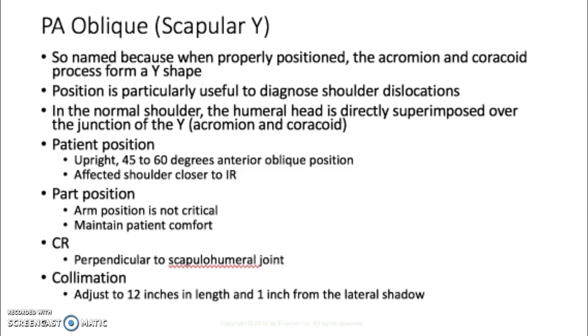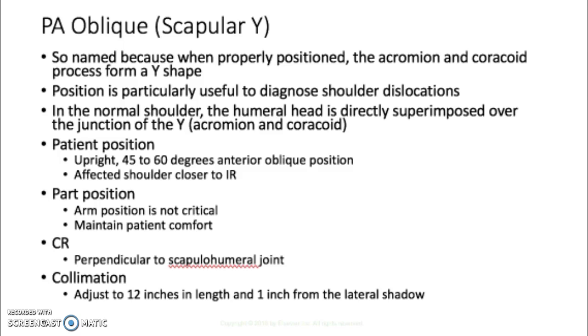One of the things I want you to think about is what is the difference between a scapula Y view and a shoulder Y view. Because there's a slight difference. In the Bontrager book, it tells you exactly what the difference is. And in Merrill's book, it calls the shoulder one the scapular Y view, and the one for the scapula is called a lateral scapula. So we'll get to that a little bit later, but I want you to see if you can think about what that might be before we get to the lateral scapula.